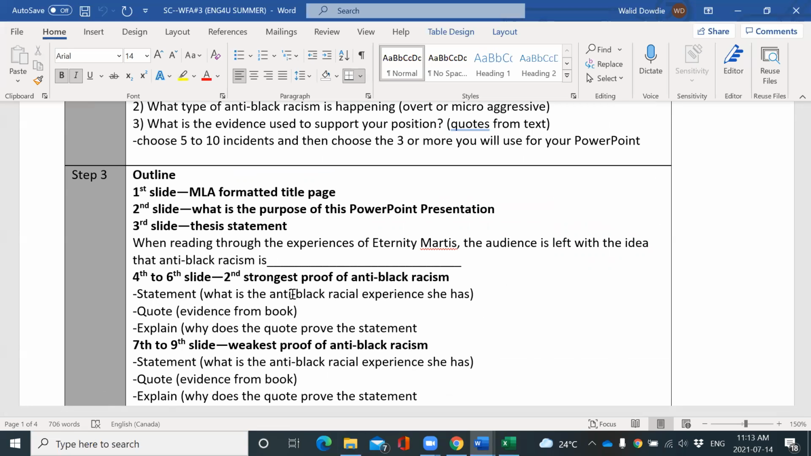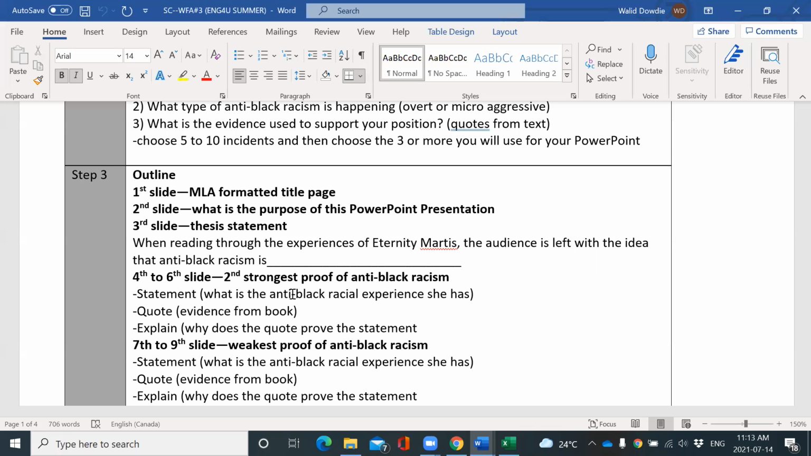Next slide, what is the purpose of the PowerPoint presentation? So you're going to explain what the purpose of the PowerPoint presentation is. Again, the idea of identifying anti-Black racism. The statement will be based on the sentence, or you might change it a bit to fit the way you say things. When reading through the experiences of Attorney Martis, the audience is left with the idea that anti-Black racism is, and then whatever you want to say, is real, is inherent, is problematic, whatever you want, but you've got the ability to say something